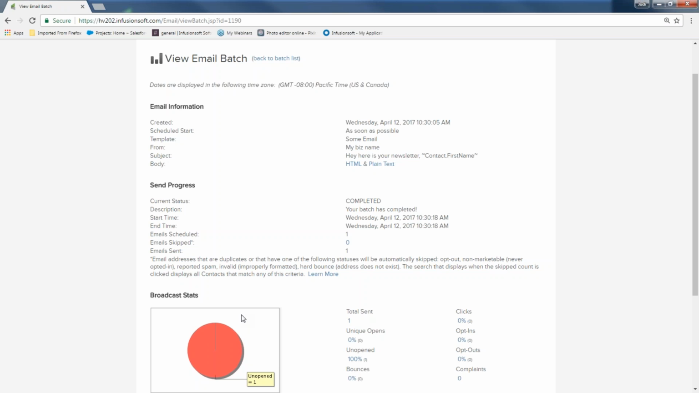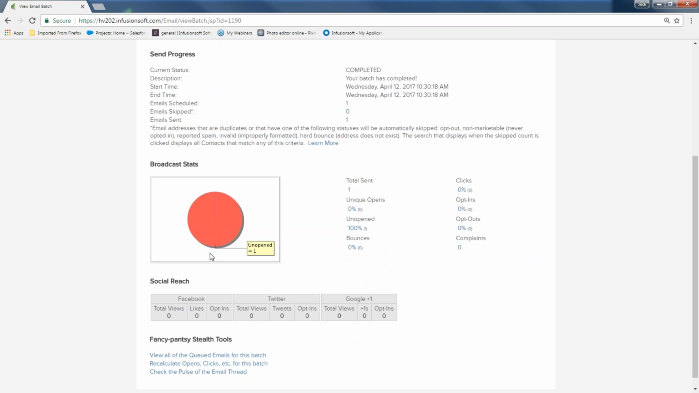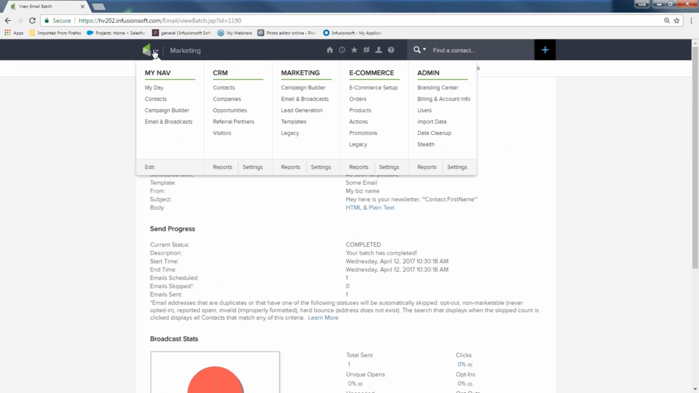If you want to learn more about this report, you can go to the Help Center and type in email broadcast report, and it will go over all these links and this pie graph. If you want to go back to this report because you just logged out of Infusionsoft and you want to see that report again about the broadcast that you just sent out, just come to the Infusionsoft logo, the Marketing section,